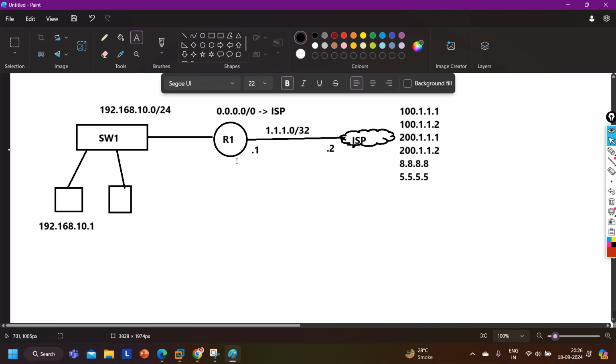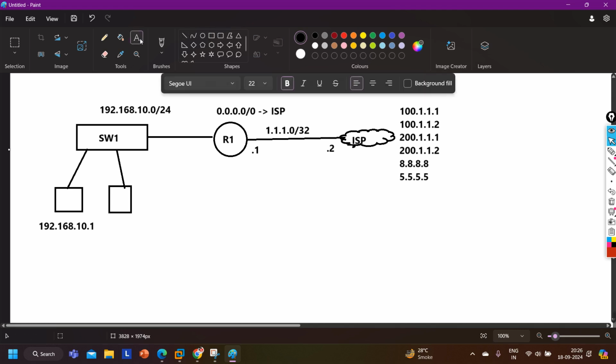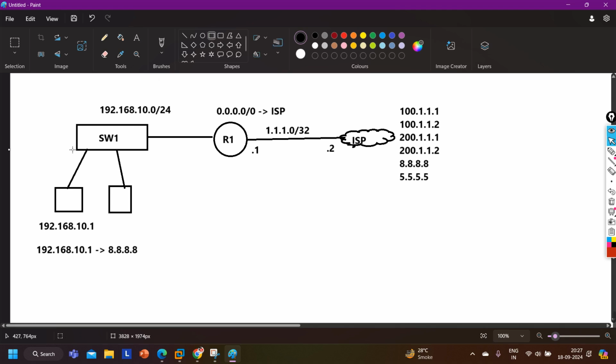Now what will NAT do here? See, when PC1 tries to access 8.8.8.8 or 100.1.1.1, the source is 192.168.10.1 and the destination is, let's say, 8.8.8.8. This is the packet the PC has generated.